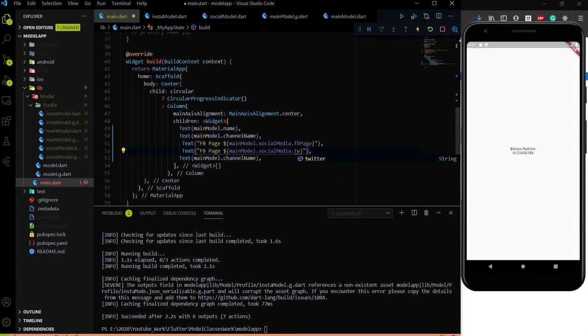So Twitter. So basically what I'm showing you is that we have a main model instance, and in the main model we have a social media parameter. Inside the social media now we have a Twitter, and this is the way we can access the nested model parameter. And if you want to access the Instagram page, we just have to